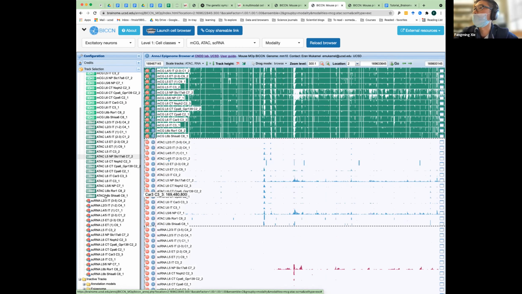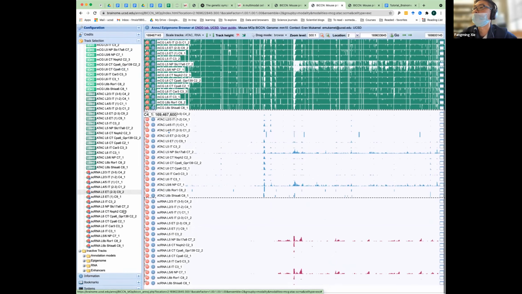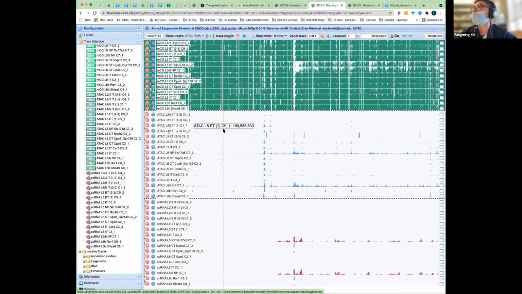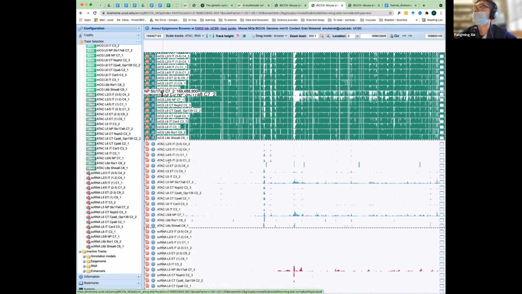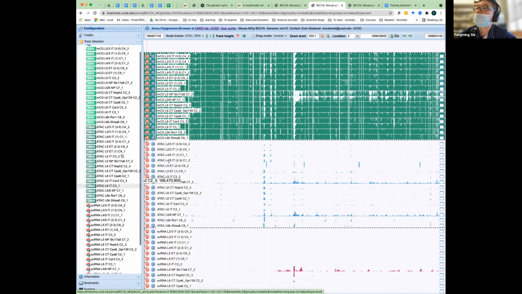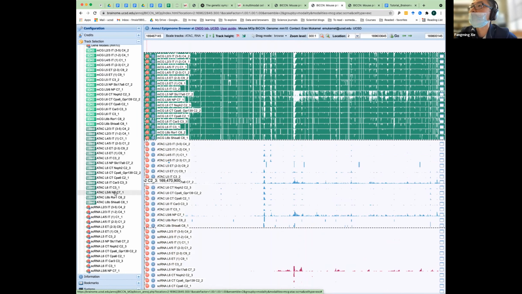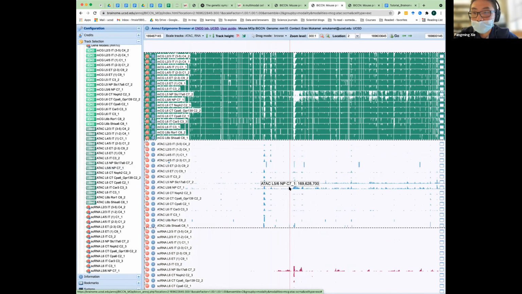Although it does involve some manual work, it always takes some time to make it look making sense and straightforward. For example, that brings the mCG tracks together, but it doesn't bring the 2 separate ATAC tracks together. To do that, you can do the same thing. You find NP tracks in the ATAC panel and bring it up. Now you see the 2 peaks are close together.